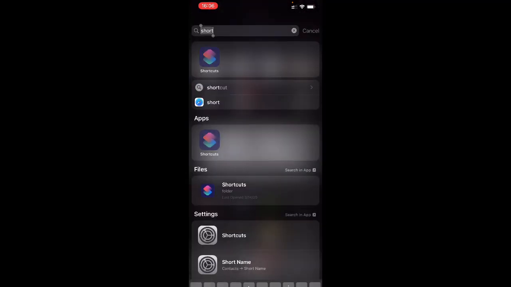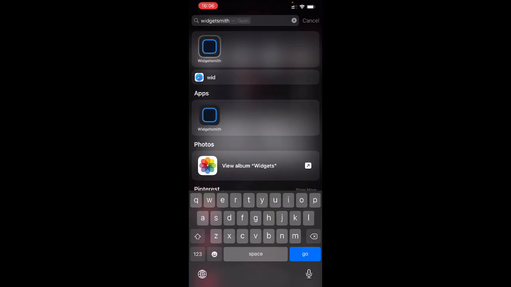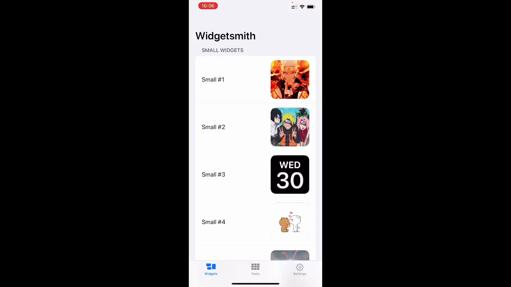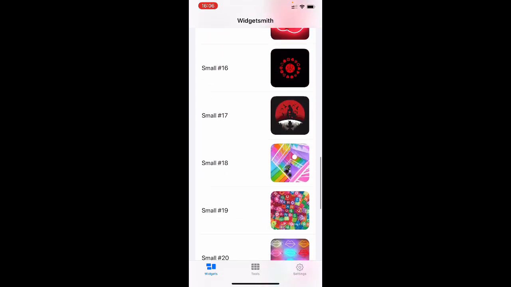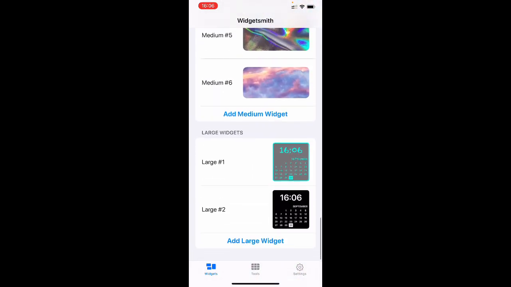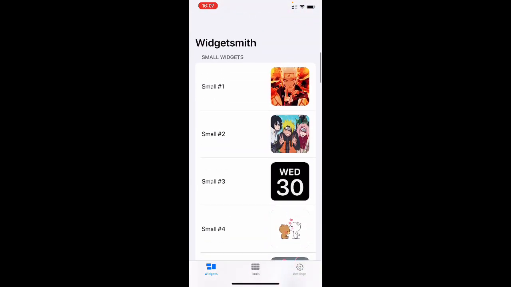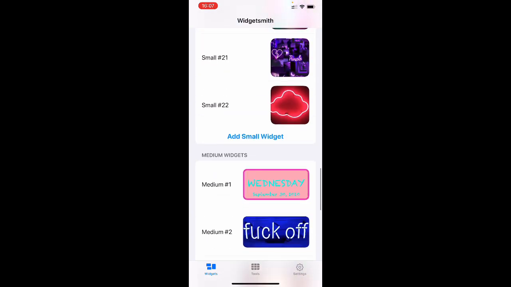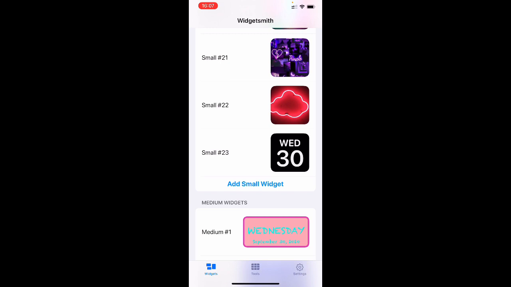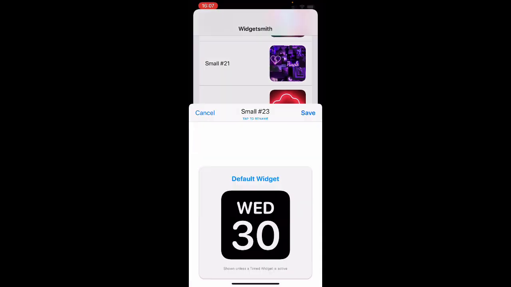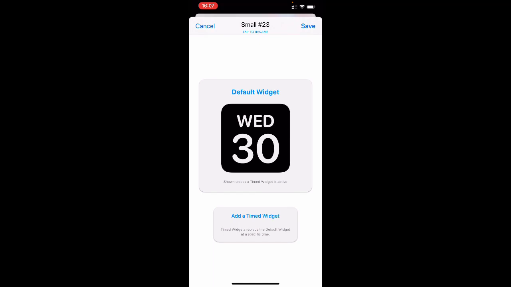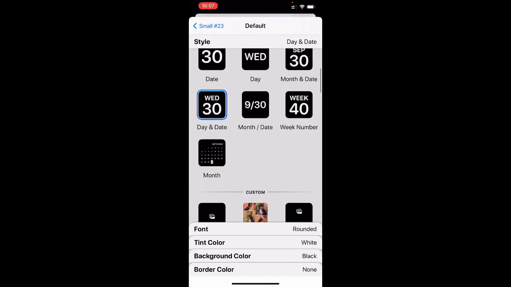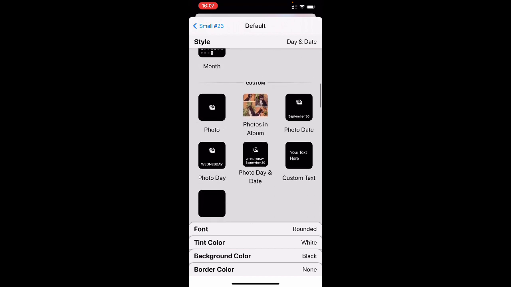And you need to go to the app widgetsmith. Just open the app, and here, because I've already made widgets, it's like this, or else you just get the basic one. So you can go to add widgets over here. You can go to add widget, and so now small hashtag 23 was added. I could click it and touch it and go to default widgets, and you can see under customs you have